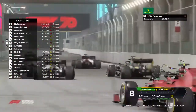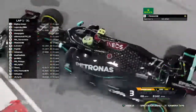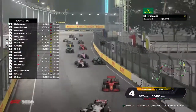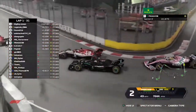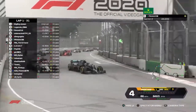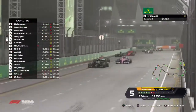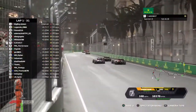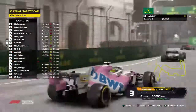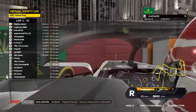As there comes Praga, already a man who I predicted to be up there. And look at Felix already picking up the pace, trying to make moves left, right. And so a bit more contact between Praga there and the Alfa Romeo, who did qualify in 3rd place. And Praga was sandbagging, and it looks like he's already got the grip on his mediums, and makes the move quite easily. And now the Racing Point of AJU also makes the move and follows what Lewis did, and it moves into 7th. Oh, a bit of a squeeze, and hopefully there's no contact there, and there's a VSC. There is an AlphaTauri off the track there,